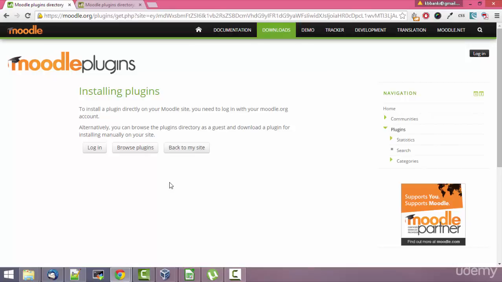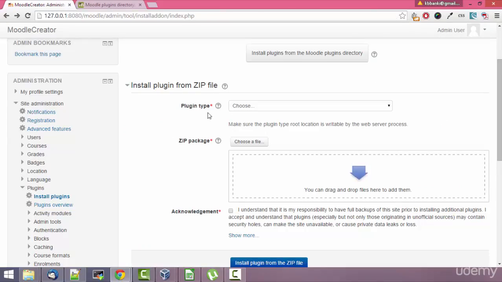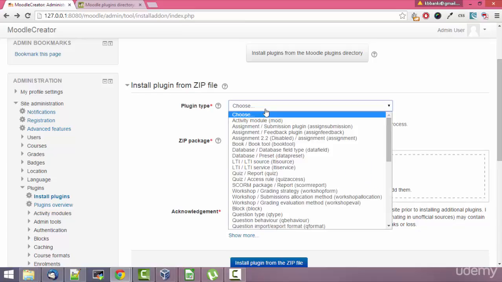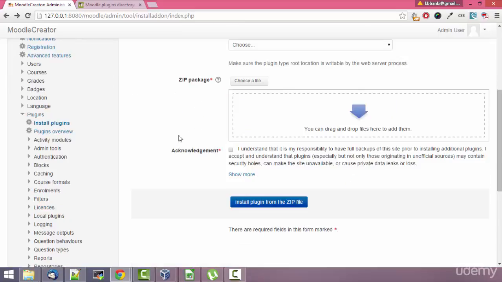install it manually. The first thing that we need to do is to tell Moodle what type of plugin we are going to install. And the next step is to drag the file into the box, and then we have to check this box saying that we understand the responsibility of installing a plugin, and then the final step would be install plugin from